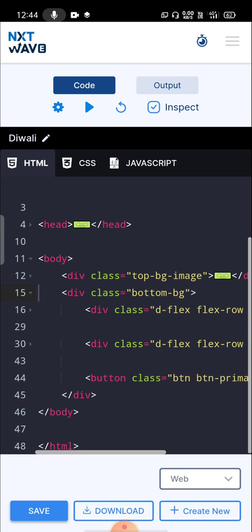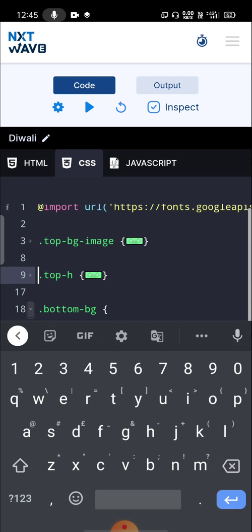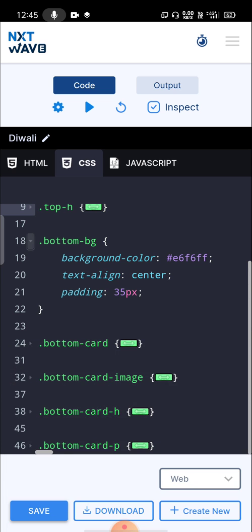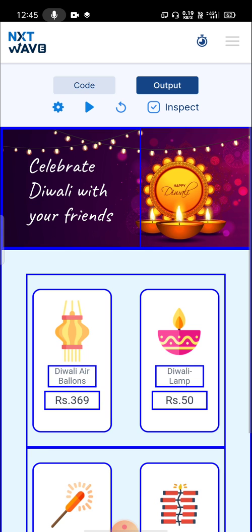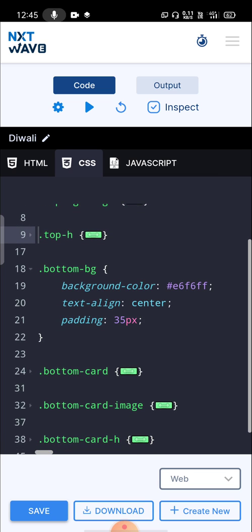In the div container I used the class hyphen bottom hyphen bg class attribute, and I wrote some CSS properties, that is background color. I used this background color. I used a hexadecimal code and text hyphen align center. I want the text to be at center, that's why I used text hyphen align center, and I used 35 pixels as padding in the bottom background.